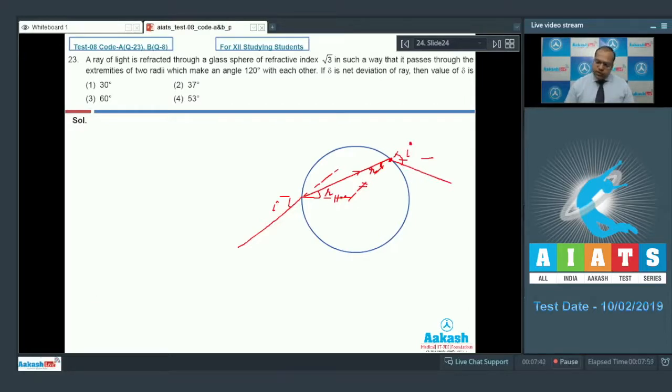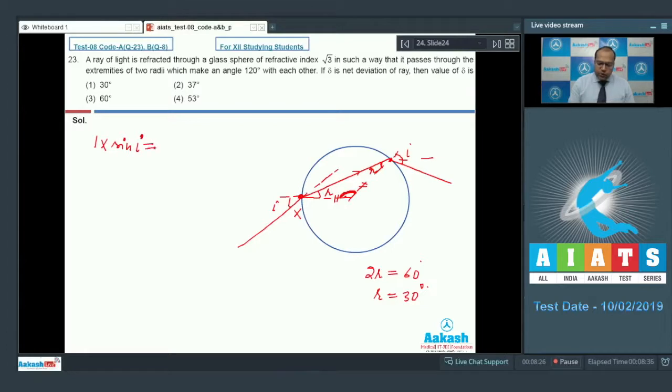So it is given in the question that this angle is 120 degree. So if this angle is 120 degree, then summation of these two, that is 2r, must be equal to 60 degree. So from here the value of r comes out to be 30 degree. Now if I apply Snell's law at this position X, then I can say that 1 into sin i